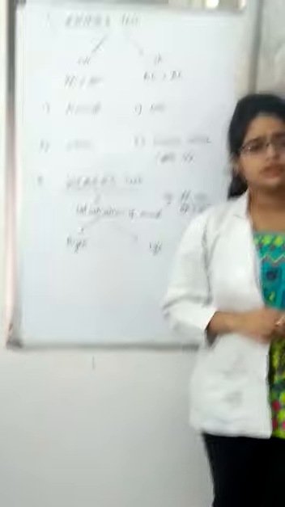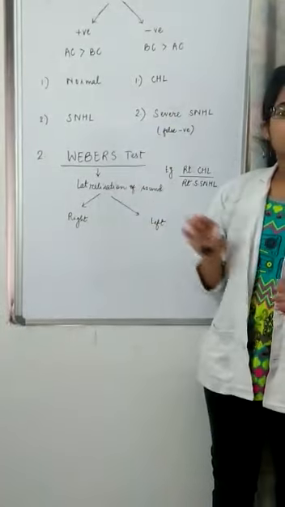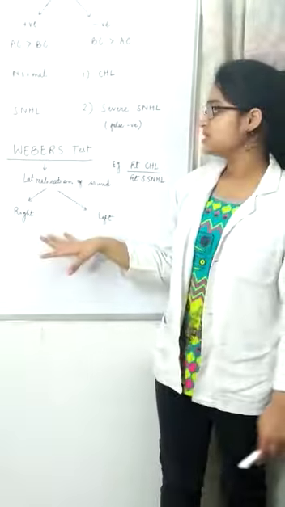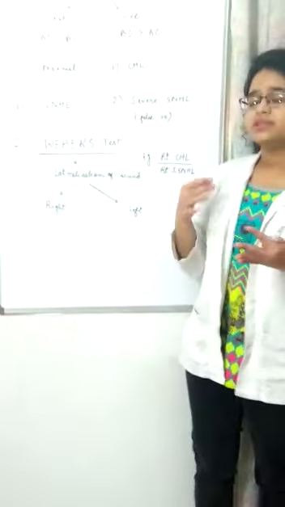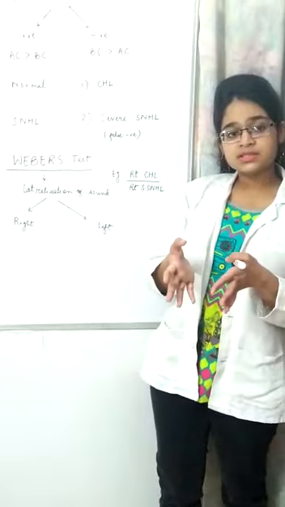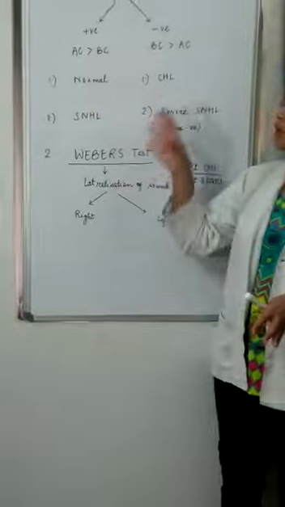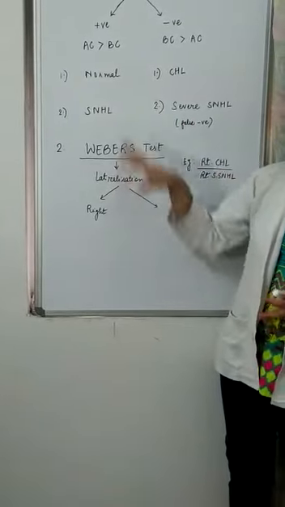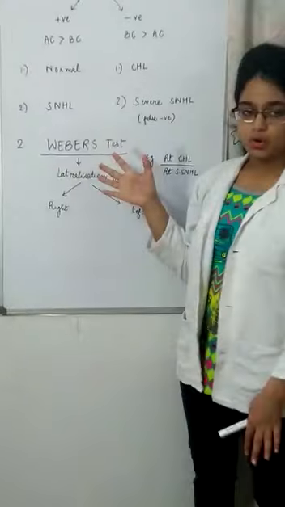Another point to be noted here is that Rinne's test is not a very sensitive test. Weber's test is a much more sensitive test. Even a hearing loss of at least 5 decibels, Weber's will be able to sense it. But there has to be a greater hearing loss for Rinne's test to be able to sense it as a hearing loss.